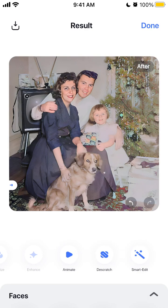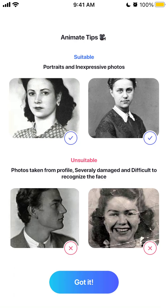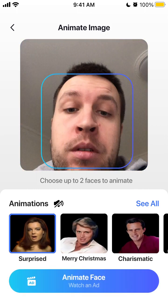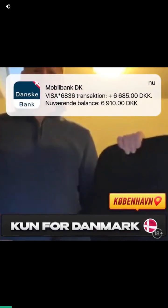You can animate it as well. And then you can descratch and smart edit. For example, animate. Let's try it out. Portraits and expressive photos. For example, I have this photo and I want to animate it. Let's try it out. Let's see the ad and then,